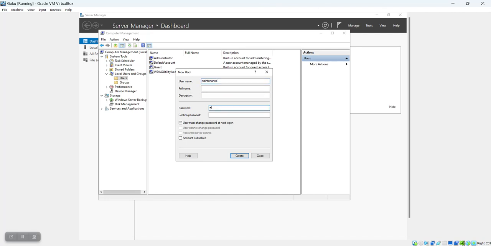We'll enter a complex password, one that isn't easily guessed, and we'll go ahead and enter it again to make sure. We'll uncheck the box that says user must change because we're going to log in just a moment, and this is what we're setting up. We also want this to be a persistent account that's always there for maintenance. We'll select the password never expires, and we'll go ahead and create,